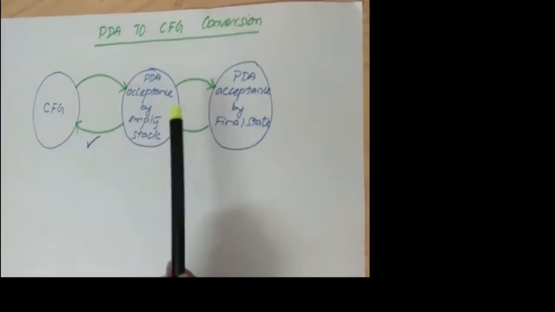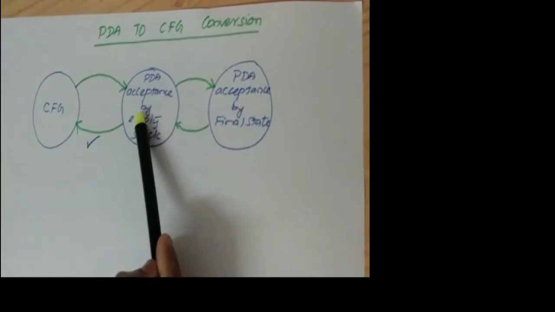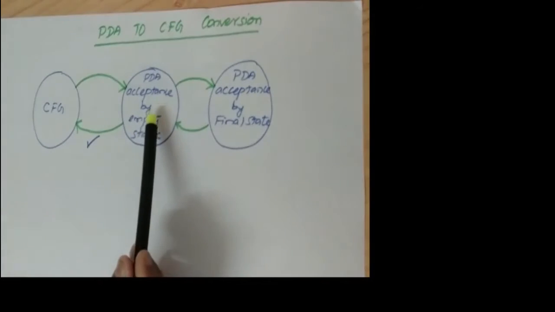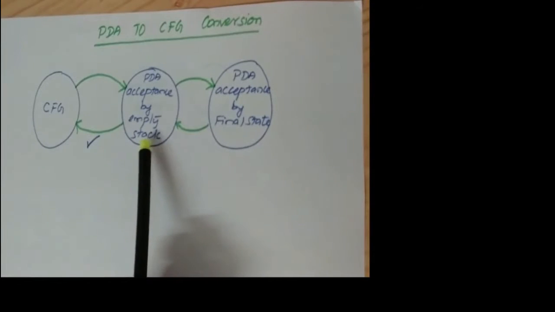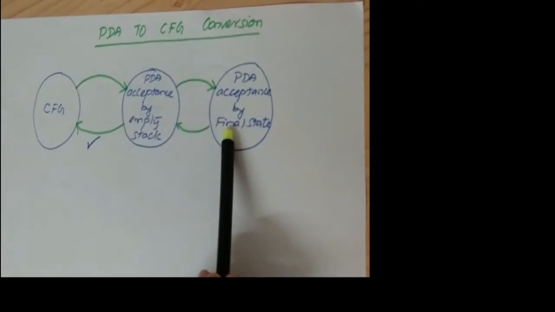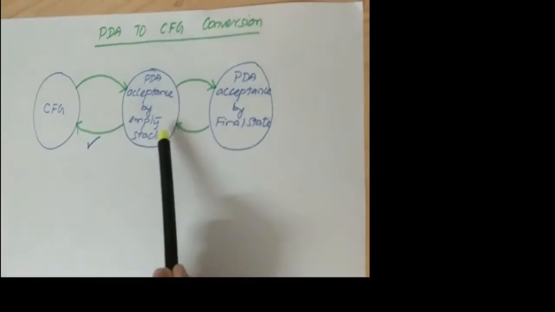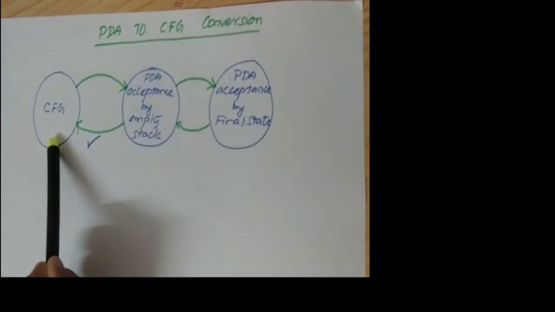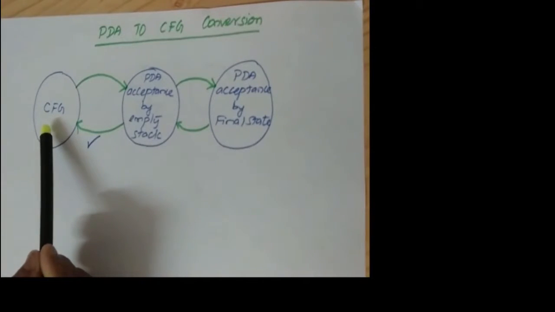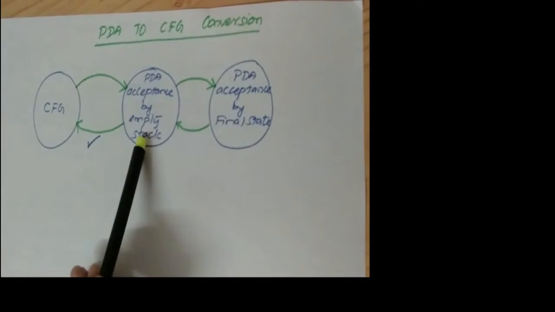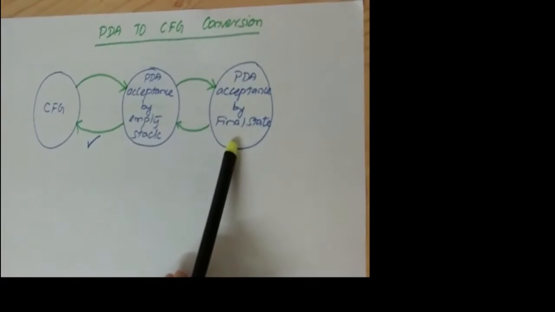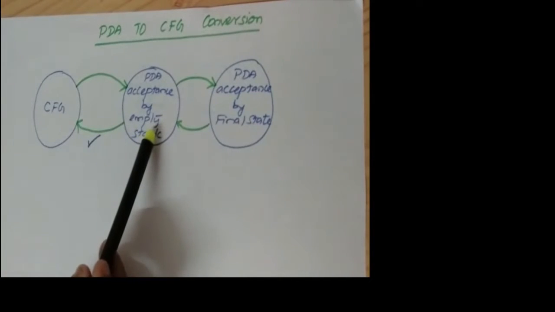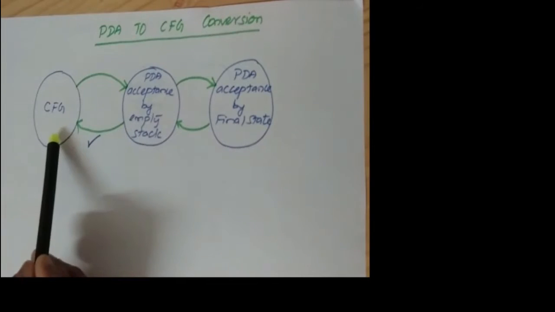So if you want to convert PDA into grammar or grammar into PDA, the conversion is possible only if the PDA is accepted by empty stack. So if you have a PDA which is accepted by final state, first you have to convert that into empty stack PDA, then only you can convert that into equivalent grammar. Similarly, grammar can be converted into empty stack PDA. From that it can be converted into final state PDA. In this video we will see this conversion, that is empty stack PDA into equivalent grammar construction.